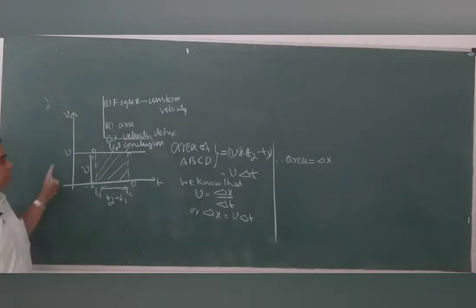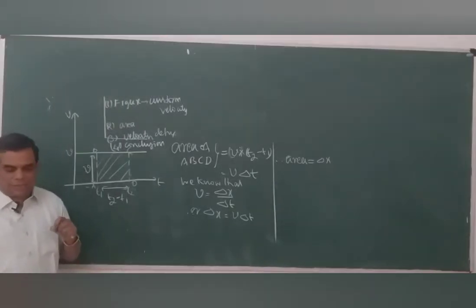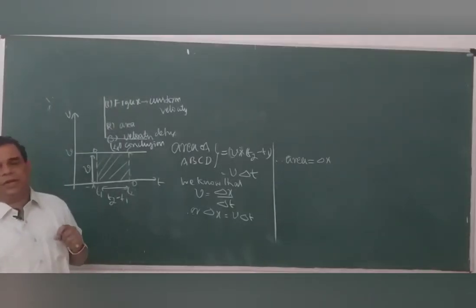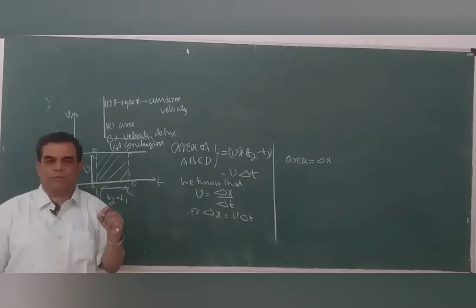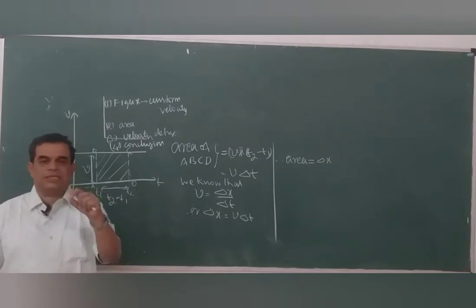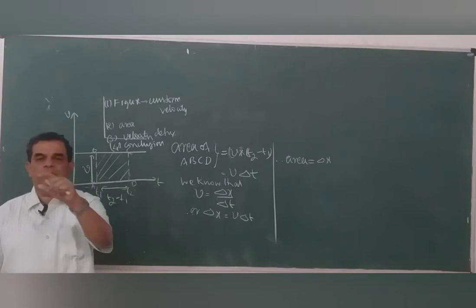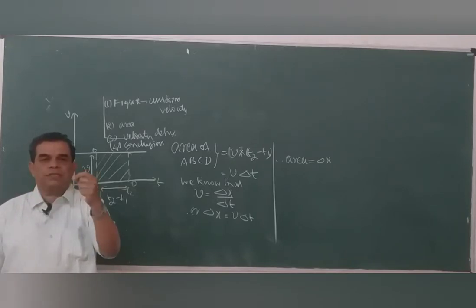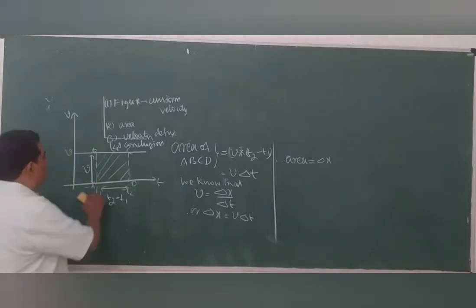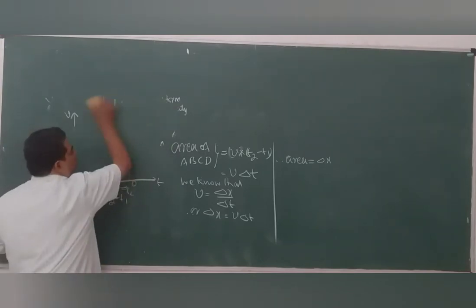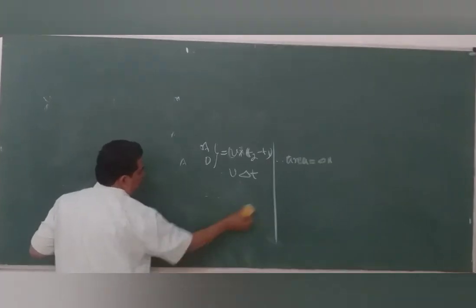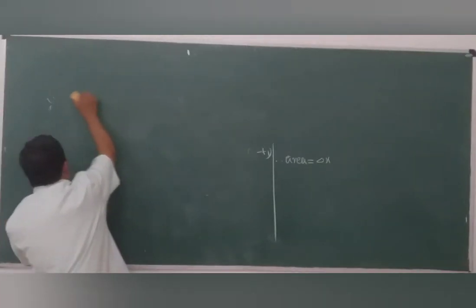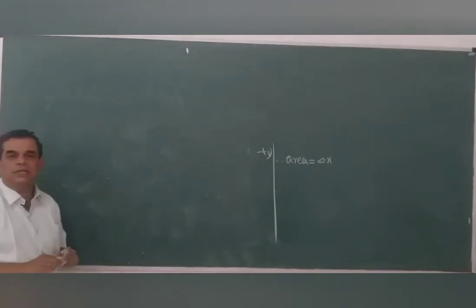So with this, we now start the next concept, which we call the equations of motion. So what are the equations of motion? As its name suggests, equation of motion. Motion means the object is moving. Say a moving object is characterized by a few factors. What are the things which characterize the moving object? Its position